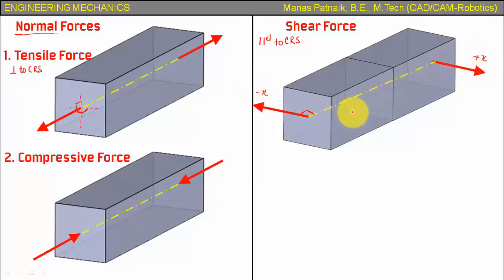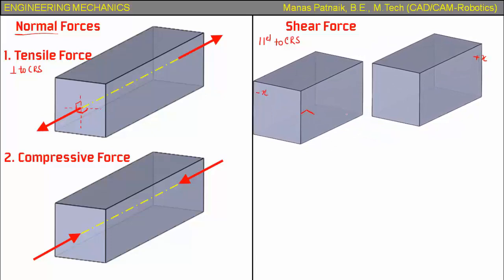Now if we just assume that the object cannot rotate, what will happen? Okay, what will happen? Just think about this. This is exactly what could happen. Yeah, this action that you saw just now is what you call shear.